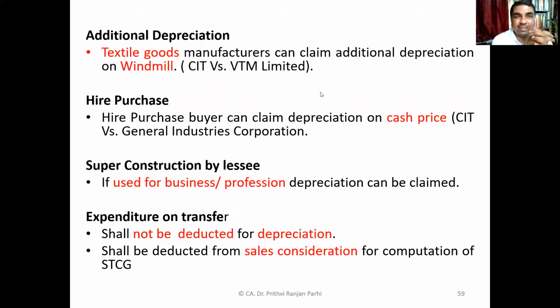Textile goods manufacturers can claim additional depreciation on windmill. This is a case law for that. Okay, and